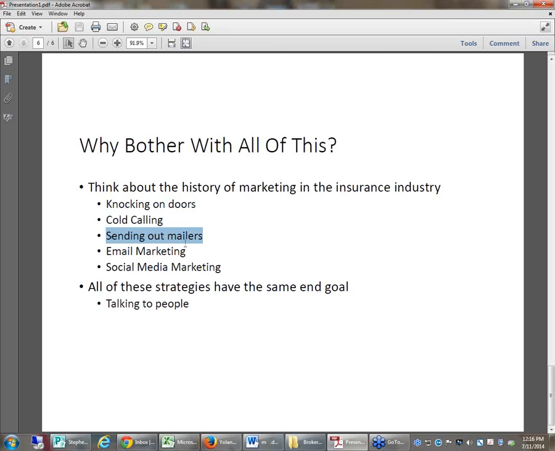And I kind of chuckle because think about when you go to the mailbox today and you pull out the mail. How many things are you not even going to open, right? I mean, let's face it, there's probably 3 or 4 that go right in the trash. Then it became email marketing. Now it's social media marketing. It's no different. And I think once you start to accept that, hey, this is just the evolution of everything I've always been doing, which is trying to talk to people, you're going to be on the right track and you're going to move forward in the right direction. So guys, hopefully this